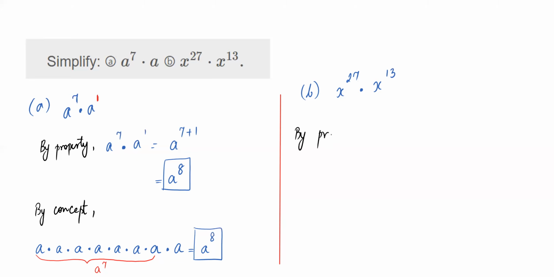So I'll just say by property. Again, there are plenty of properties because they behave differently when you multiply, when you divide, and so on. So you really want to know what that property is. And when I'm saying by property here, it's simply because we've only seen the first property. And you can always pause and go back to see what property we're talking about. All right, so 27 plus 13. So this is going to be, it's simply a question of adding the powers. So 27 plus 13 gives you